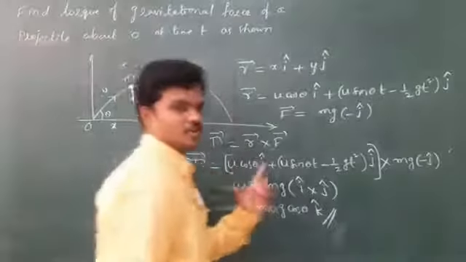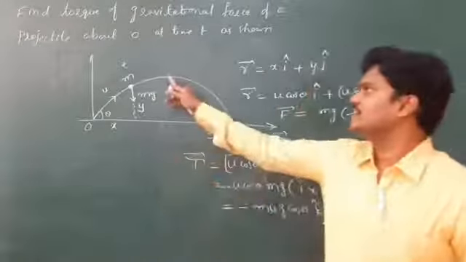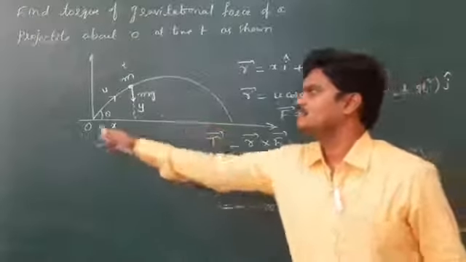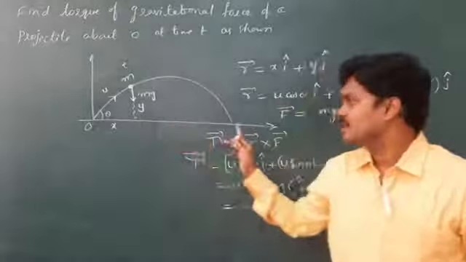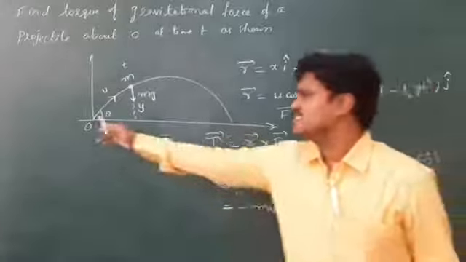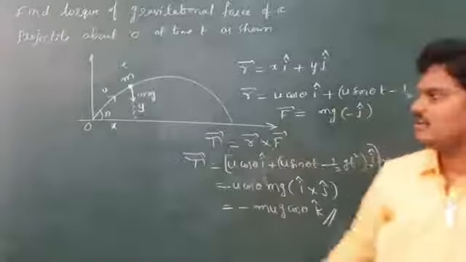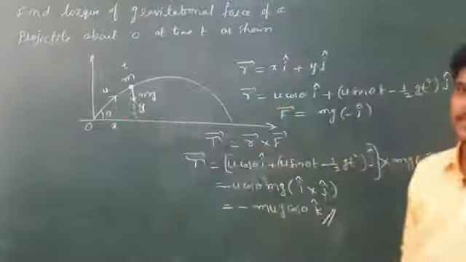I am using vector rules. In the last one, we just calculated it here, so no need of any vector at this point. So mg downwards and the distance is R by 2. At this point, mg downwards and the distance is R. But here we need to use vectors. Otherwise, find this one, you will get the answer. Perfect distance.